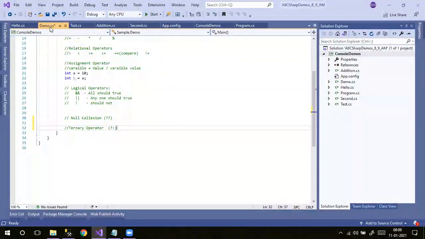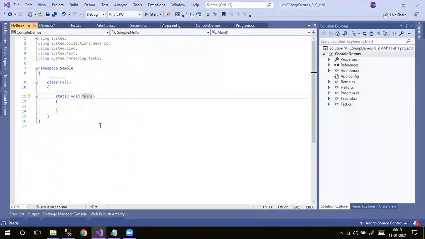These are going to check some condition. If the condition is true, then what we have to do? If the condition is false, then what we have to do? That can be decided here. So almost for all small conditions, we use these ternary operators only. So here, one example,